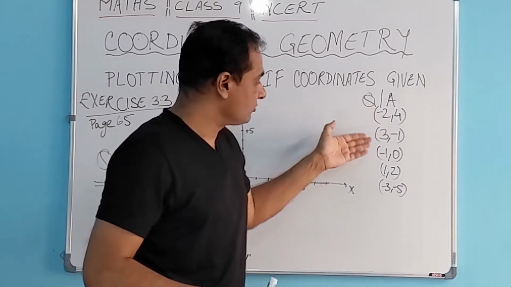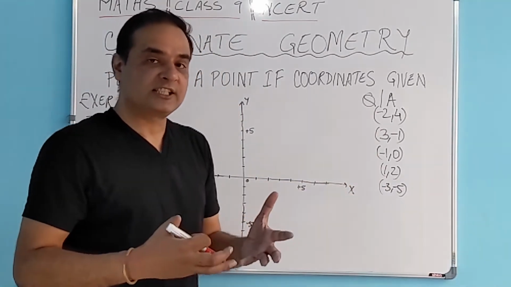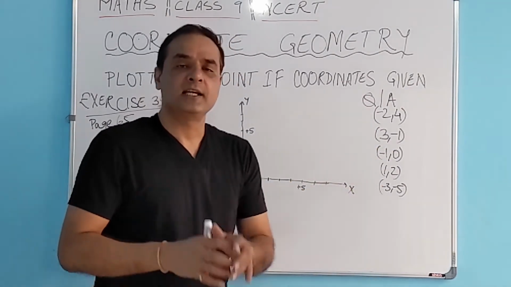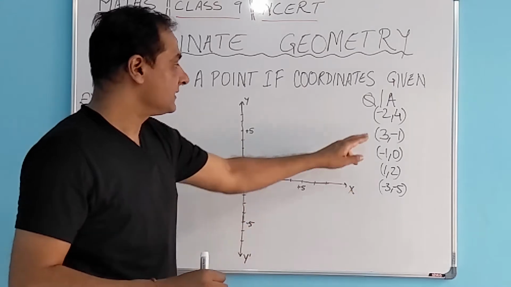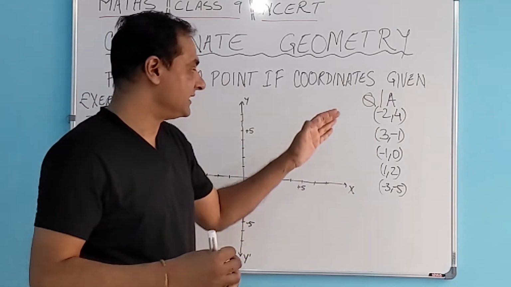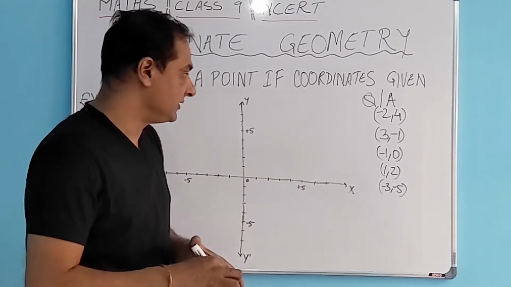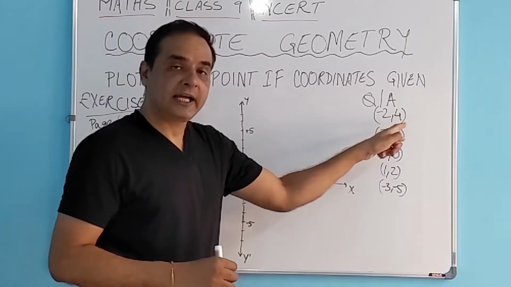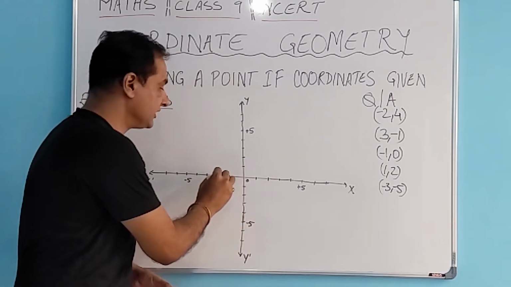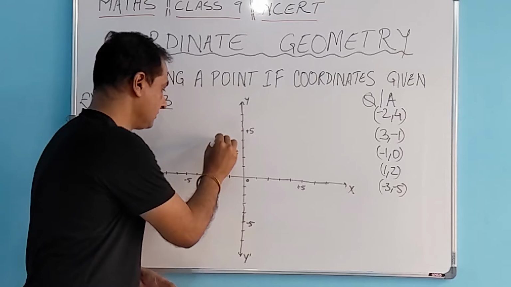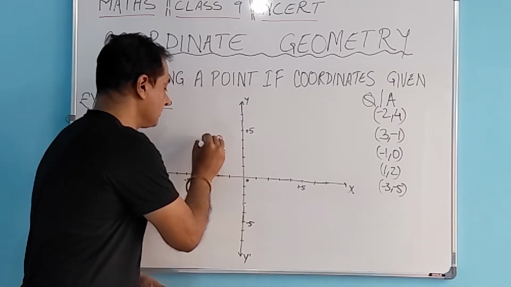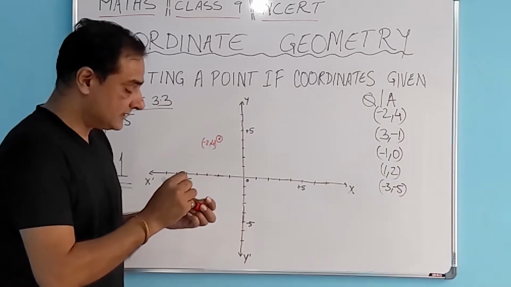Basically there are 5 points given, and the question is in which quadrant or on which axis will these points lie. Easiest way to do this, let's plot these points and find out on which quadrant or which axis these points are going to lie. So let's start with the first one, -2 and 4. So plotting it, -2 we come over here and 4 is positive, so we go here. It's -2 and 4. Which quadrant is it?